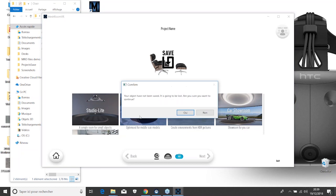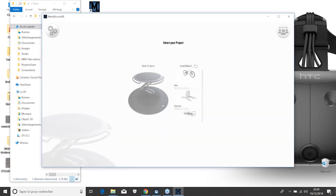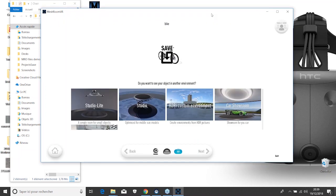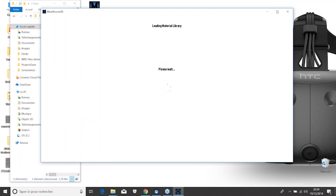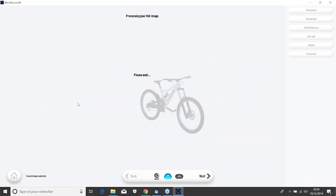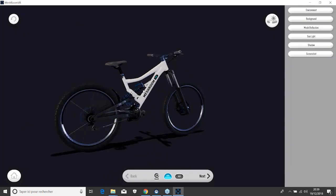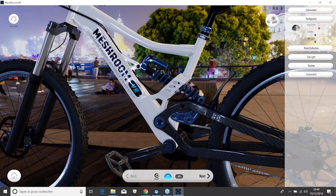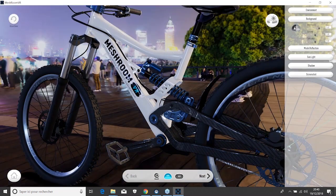Oh, actually, there are two of them I want to show. This one is a bike, which is cool because also a really mechanical product design. Just let's see how it feels and how realistic it is. So let's get this scenario. Okay, and here we can show or hide the background as we want, and